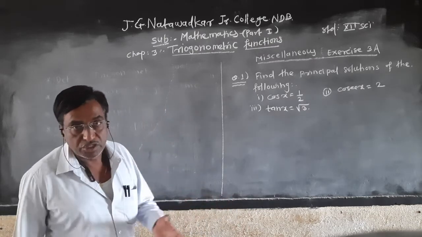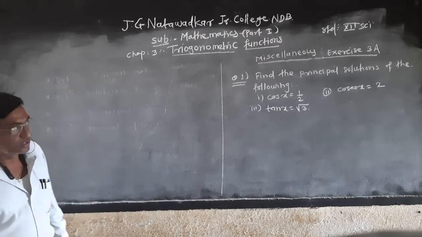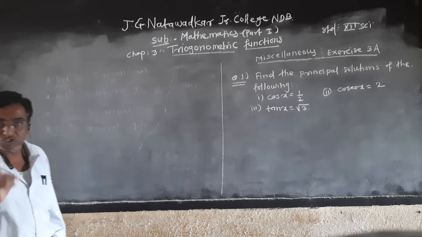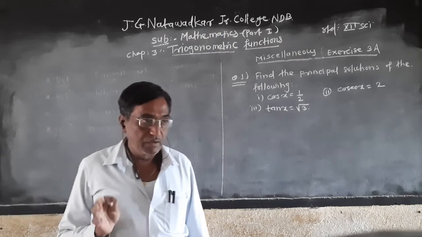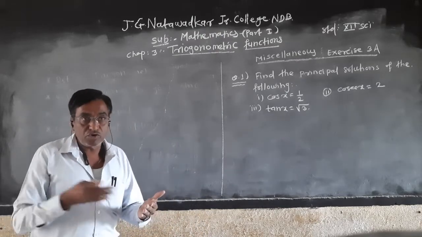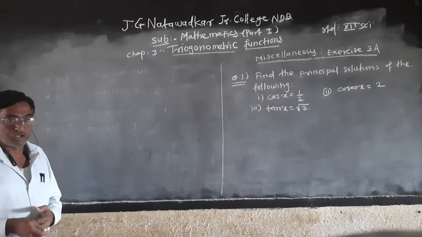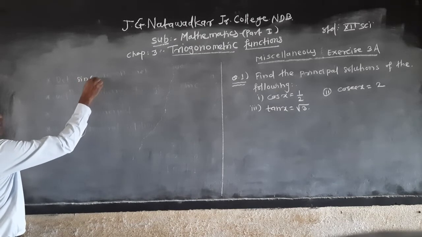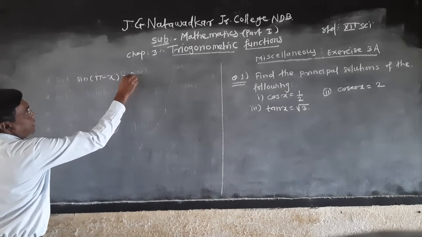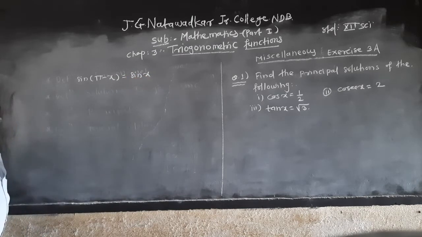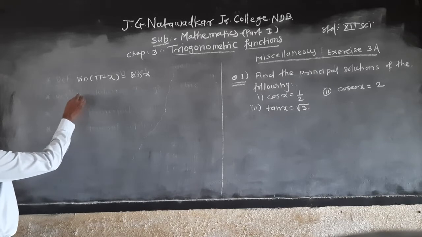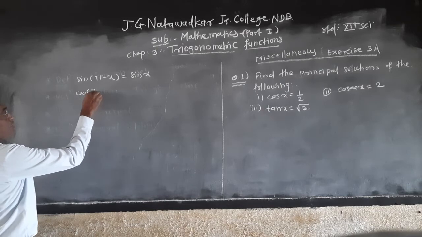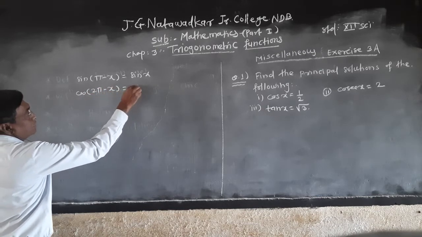And according to this, there are some formulas, that is allied angles. We first consider some formulas. You know that every ratio is positive in the first quadrant. The sine ratio is positive in the first quadrant and second quadrant, and so you know this formula, sine of pi minus x is equal to sine x. The second formula, in case of cos: the cos ratio is positive in the 4th quadrant, and the angle of the 4th quadrant is 2 pi minus x, so cos of 2 pi minus x is equal to cos x.